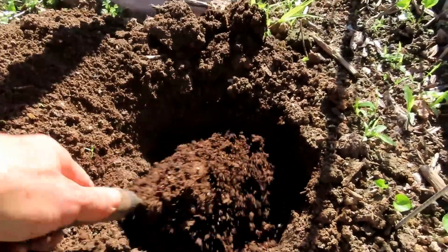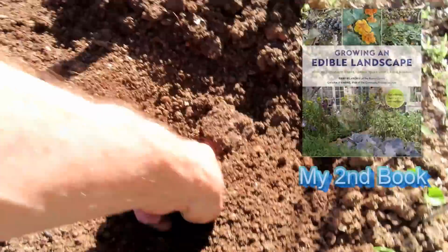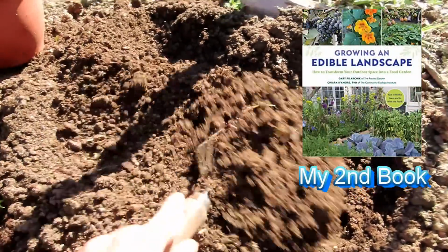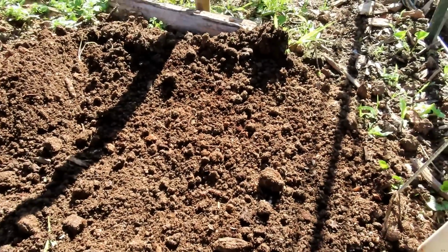You're not going to plant directly into that. Slowly add in some soil and just blend it together really well. And then you can kind of backfill in the rest of the soil. You have your basic planting hole set up, and then for the tomato plant or whatever you're growing, I would